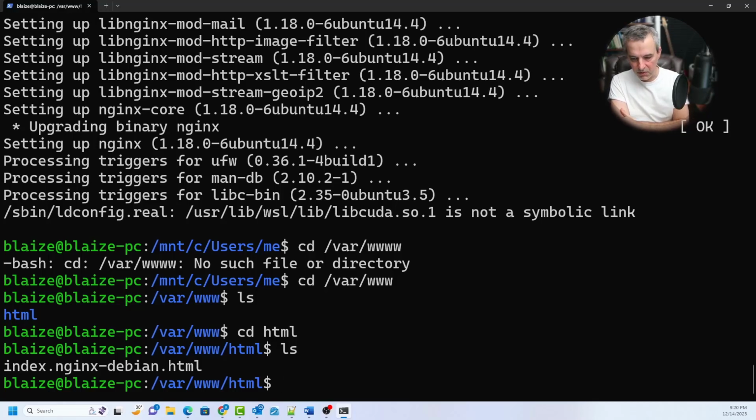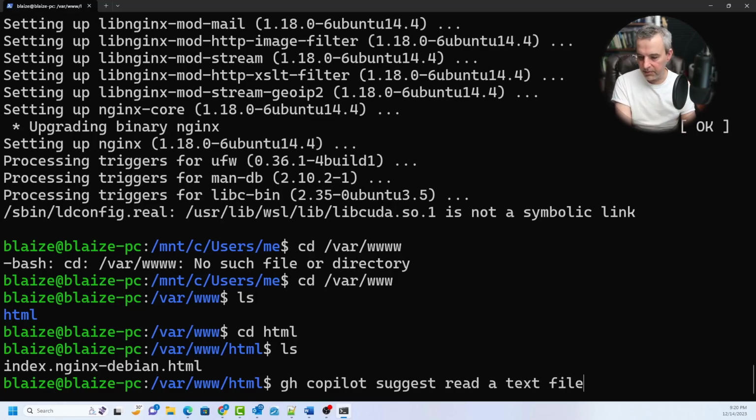index.nginx-debian.html. Okay, so let's cat that. Or you could do something like this. GitHub, how do I read a file? Suggest read a text file. I mean, of course, cat would be the command I would use